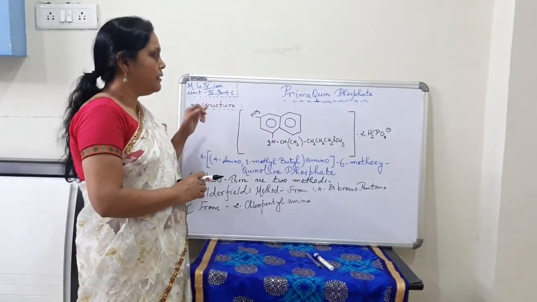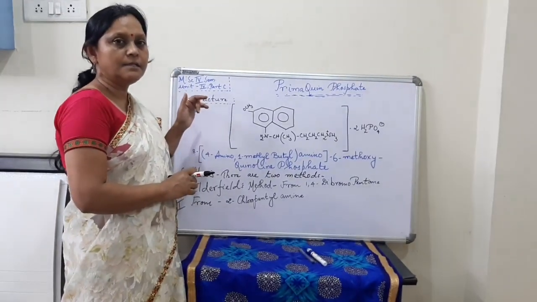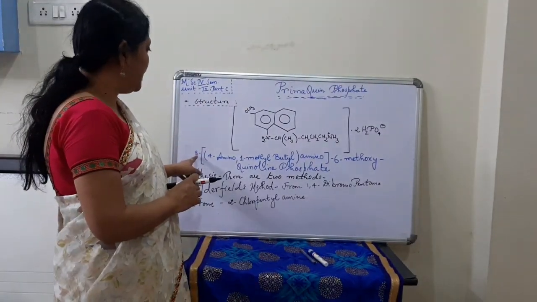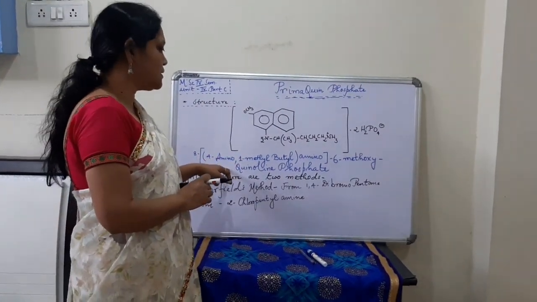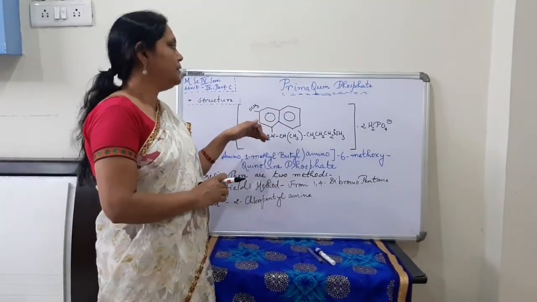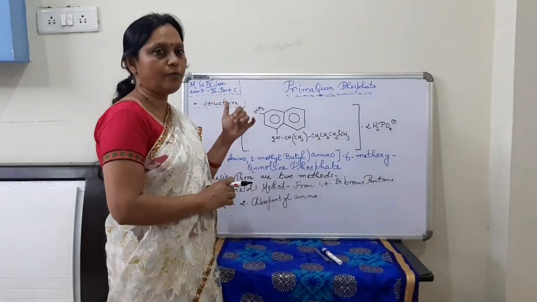In my previous video, I have started taking anti-malarial, that is Unit 4 of MSc 4th Sem, Part C. In that video, in fact, we have started the second class of anti-malarial, that is of 8-amino 6-methoxyquinoline, and in that class only, another example of drug is primaquine phosphate after pamaquine.